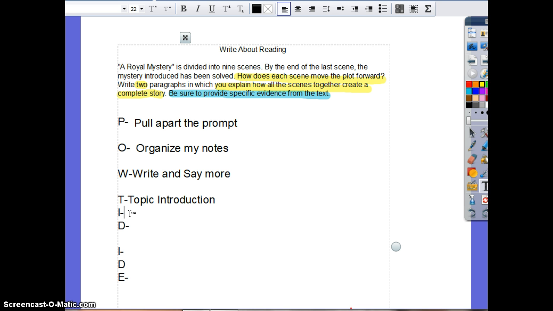All right, you may say something like scenes, let's see, 1 through 4, we are introduced to the main characters. Okay? And we may also find about what the problems are. Okay? We also